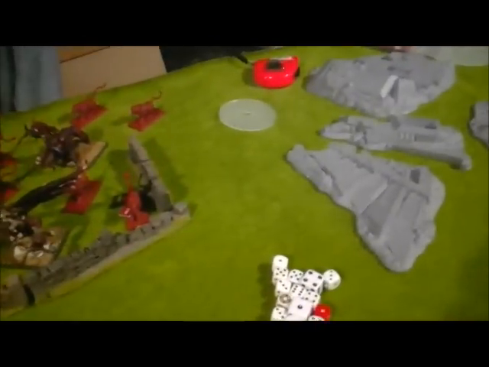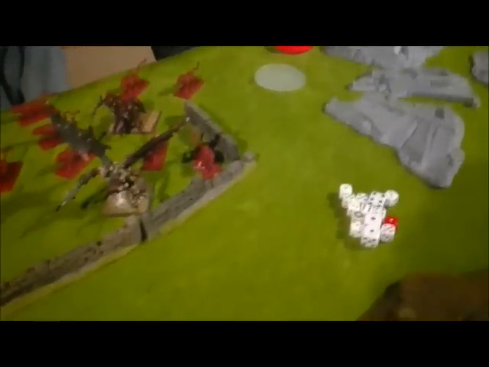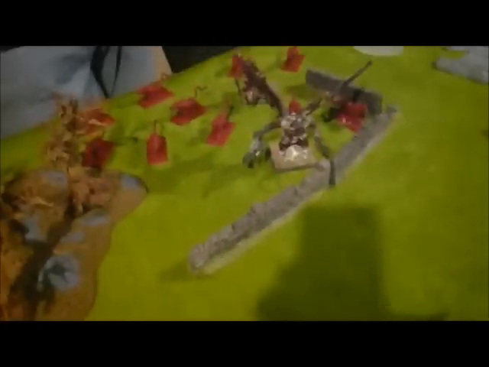Deathcopters, they fired at the hounds, and we did a wound to the hound. Yeah, with the night fighting and the wall in the way, I had quite a good cover save. And the bikers, we did a risk. We didn't shoot with them. We attempted to assault. We needed 11. I rolled 5, but it was a...